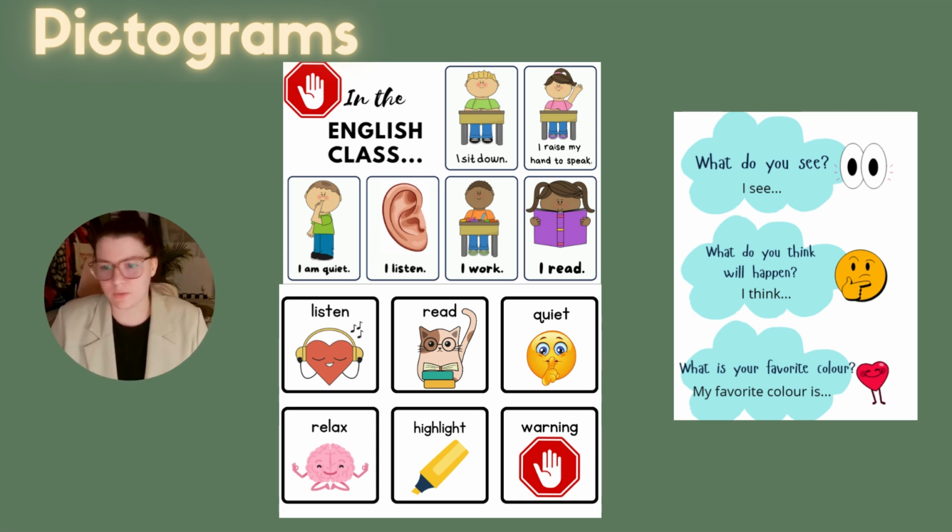And if you look at the right, it says, what do you see? What do you think will happen? And what is your favorite color? So these are questions that I had before we had a reading. We were discussing the book cover, and those were three discussion questions, I'm sorry, that we had. And as you can see, there are pictograms, but also I gave functional language so the students would be able to properly answer the question,